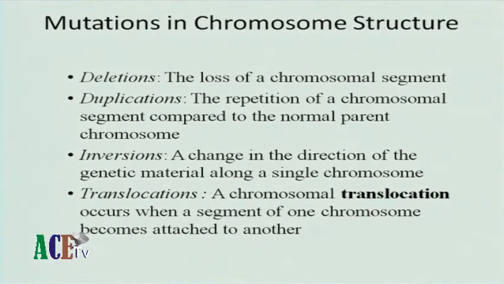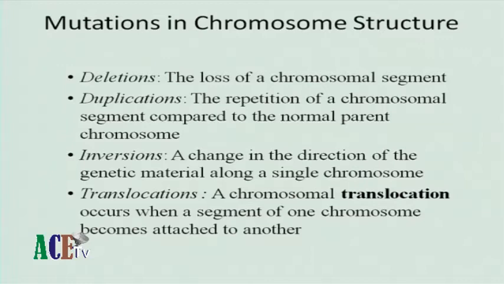In this case, you have loss of a chromosomal segment. Just a portion of the chromosome will be deleted. In that case, it might have phenotypical differences, and sometimes if it is not a region that is very necessary,